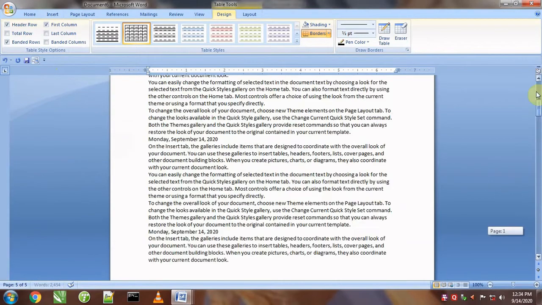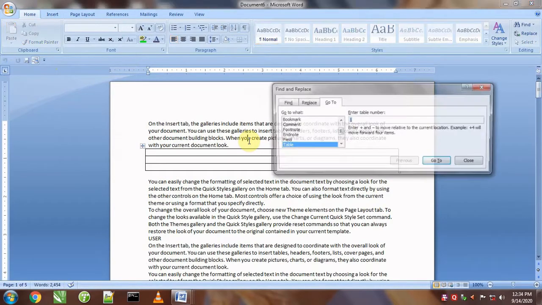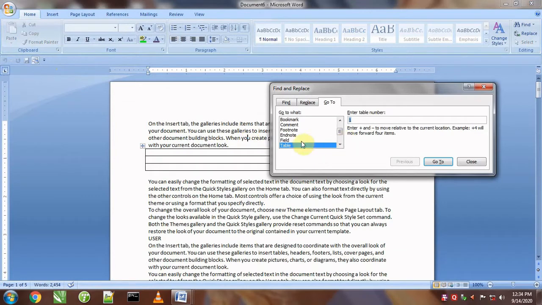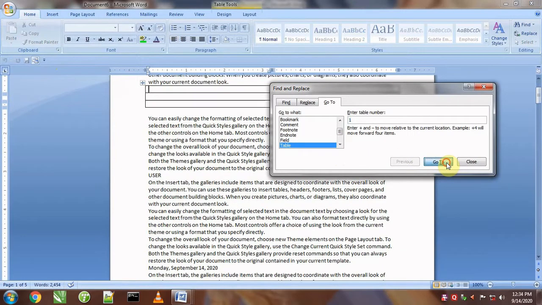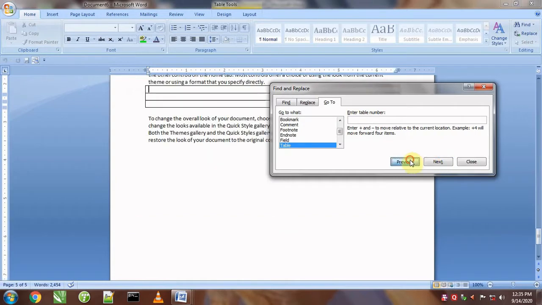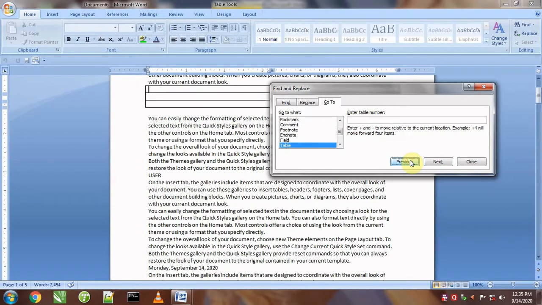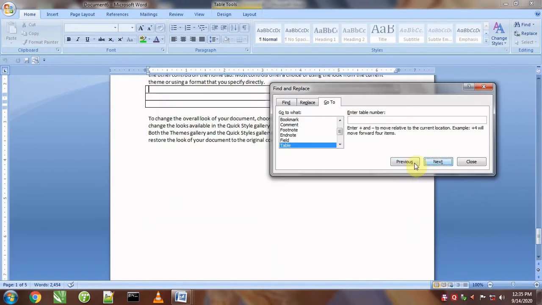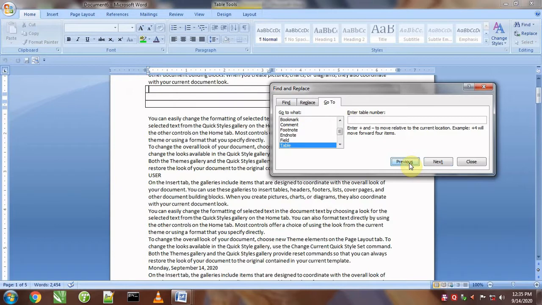Like this. So this document contains some tables, and if I want to visit all tables one by one, I will simply click on table and say go to. We are at the last table. I will close this, delete this. The next option will move the cursor to the next table, and the previous option will show tables one by one from bottom to top. So like this we can visit tables present in the document one by one. With the help of next we will move from top to bottom, and with the help of previous we will move from bottom to top.